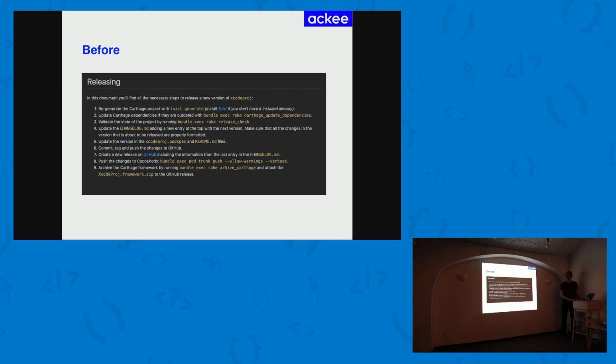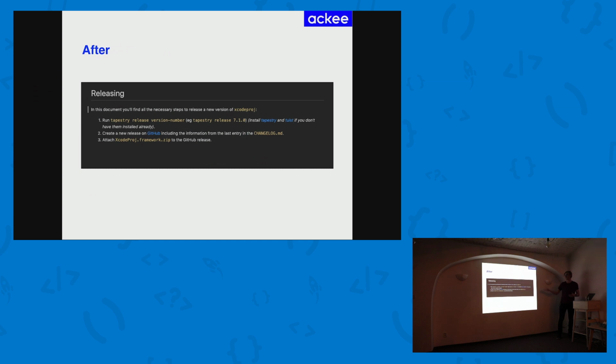And so we implemented it, for example, in the Tuist organization. They also provide a tool for working with Xcode project files, and the tool is called XcodeProj. I don't know if you know about it. It's also quite cool. And so the release steps got quite long and tedious, and for a newcomer, it was really frightening to see this and try to go through these steps, and there's a whole lot of stuff that can go wrong. And so when we introduced Tapestry, the list has become much shorter, and well, hopefully these two last steps we will be able to cut in the future, but these are GitHub related